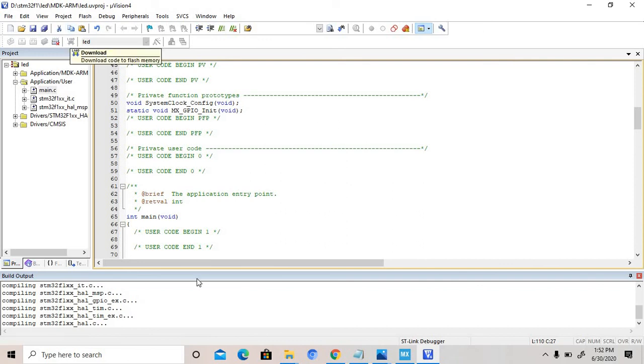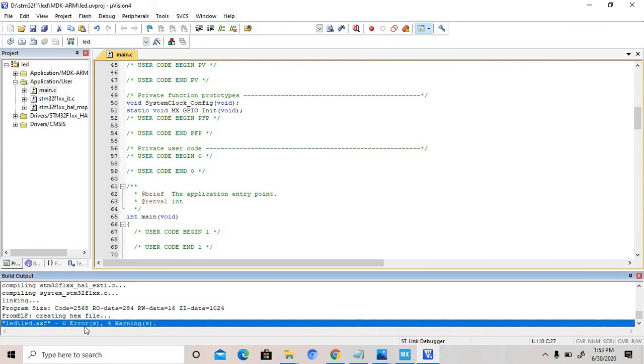After compilation, go to the load button. Load is used to download this software to the hardware. Okay, it's 0 error. After that, download.